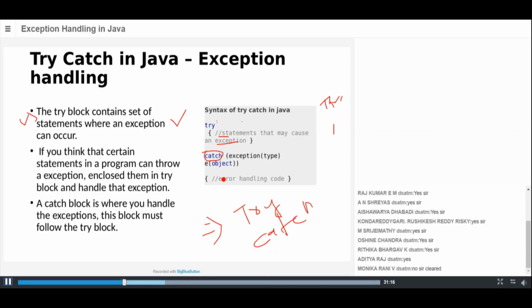Here we write the statements which handle whatever exception occurs in the try code. That's why, to handle exceptions in Java, we have to use try catch blocks.